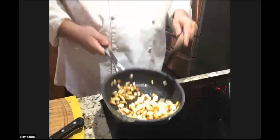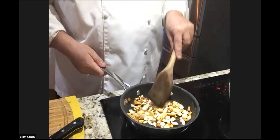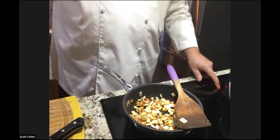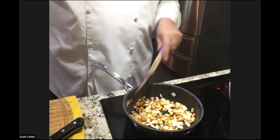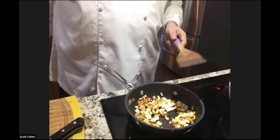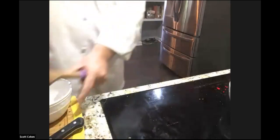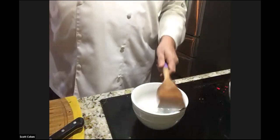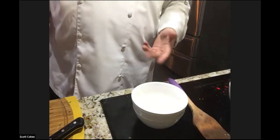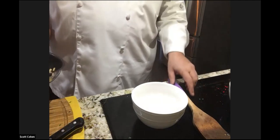So as you can see, we're almost there. I mean, these are nice little crispy croutons. They have nice color on them. You can color them a little more if you want, right? But that's it. They're cooked really nice. What I'm going to do is I'm going to take them out. Now, if I take my bowl, believe it or not, and I put it right here, guess what? It won't get hot. Why? Because there's no magnet in that bowl. How cool is that? Take a strainer,